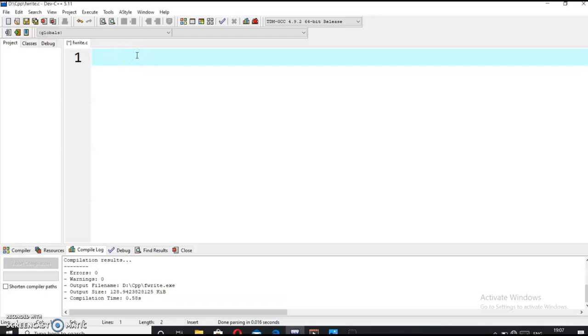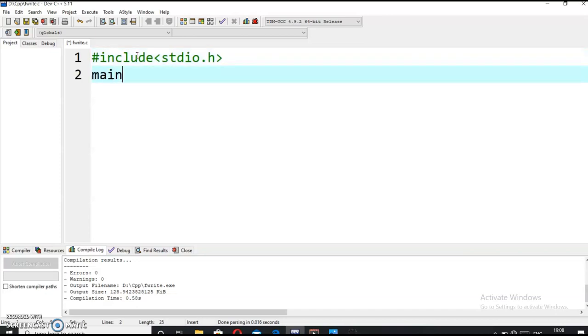So I will first declare a header file, #include <stdio.h>, as it contains the methods for the file type pointer and file data type, and it also has some predefined meanings for the printf and scanf functions which we will be using in the program. So let's define a main method,